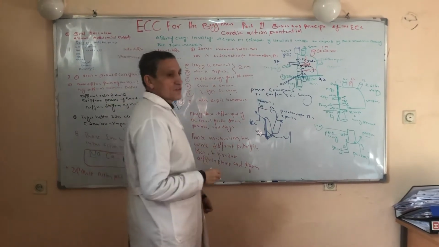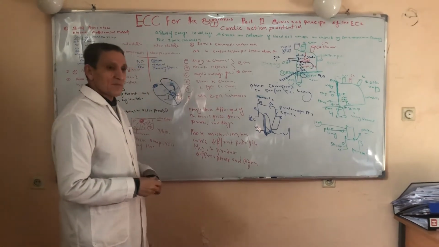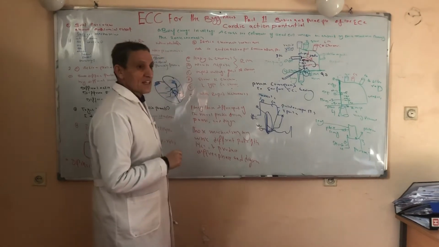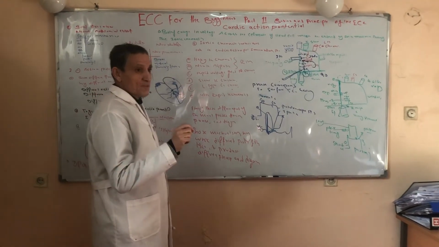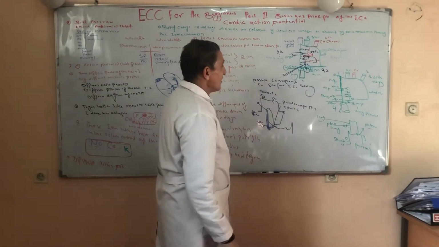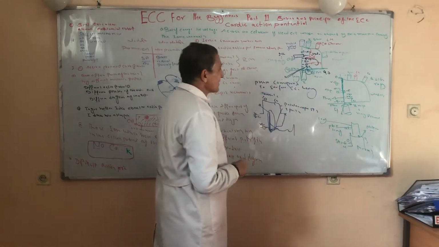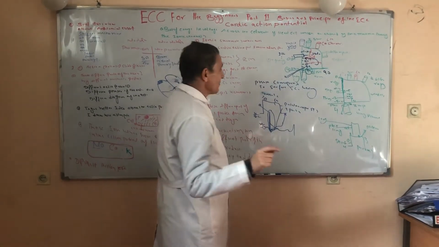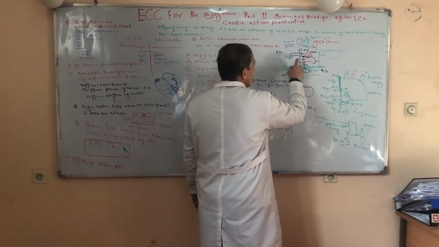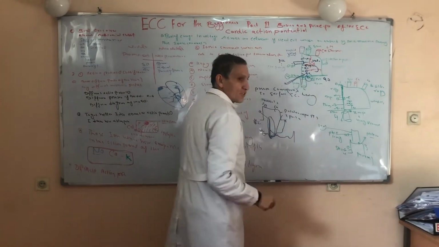What are those mechanisms by which resting membrane potential is produced? First, the definition: resting membrane potential is the state of the cell in which the cell represents a negative electrical voltage, or it is defined as a voltage difference between the outside of the cell and inside of the cell. In the formation of the resting membrane potential of the non-pacemaker cells, two channels are responsible: first, the leaky potassium channel and second, the sodium potassium ATPase. But the role of the sodium potassium ATPase is less than the leaky potassium channel.